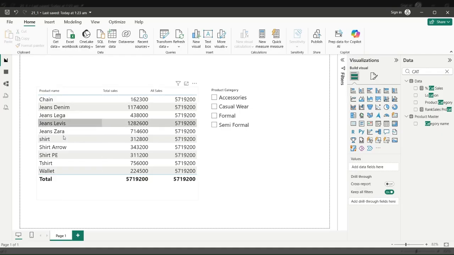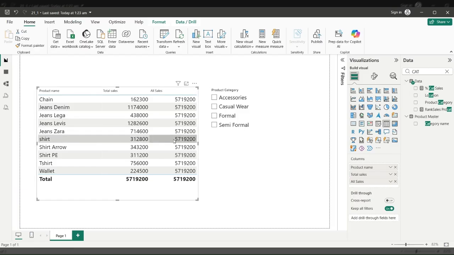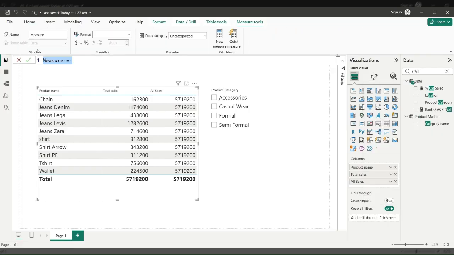So here I have taken the product name and the total sales and all sales, for which we had earlier calculated the measures. And here's a product category that we have taken. You can see that it has the same value, right? So to create the REMOVEFILTERS measure, we will create a new measure in our data